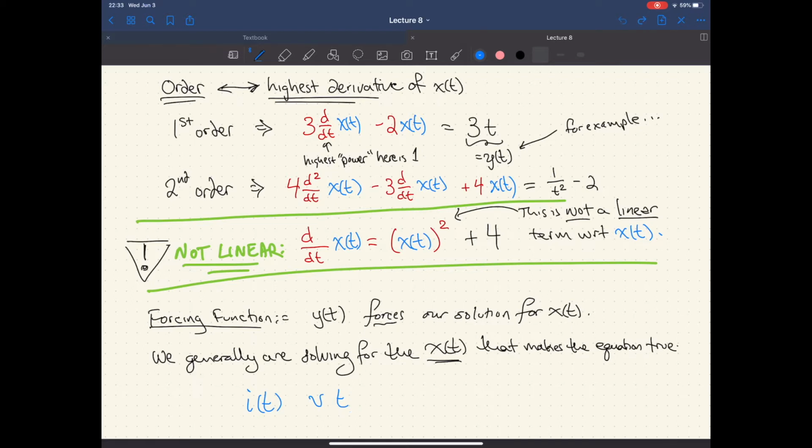We may see other functions in there. So just be aware that this is going to change. Our output's probably going to change because we're not dealing with x's and y's. We're dealing with other phenomena that are well defined. So just keep your head on a swivel there. And that should do it. All right. Just know that the thing that we're taking the derivatives of is the thing we're trying to solve for. There you go.